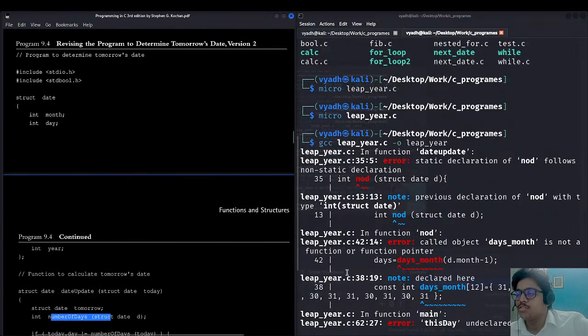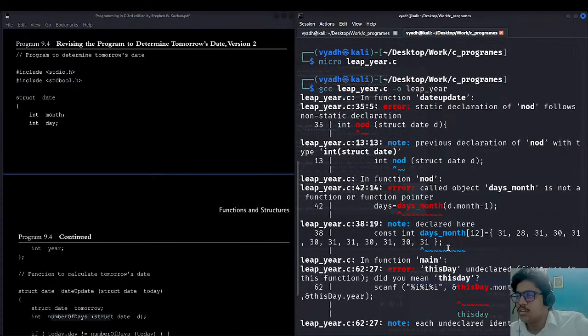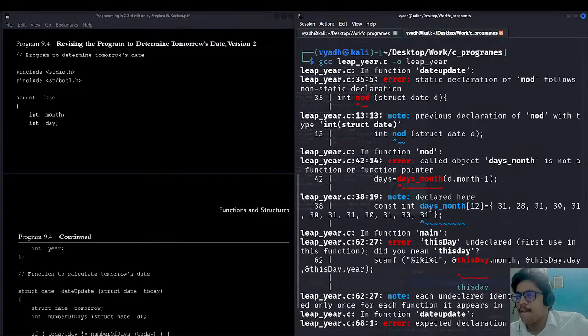कहाँ था मैं? एरर रिजॉल्व कर रहा था मैं। सो एरर आ रहा है डेट अपडेट में, जिसमें एनओडी में एरर आ रहा है, जिसमें कह रहा है कि स्टैटिक डिक्लेरेशन नोड का नहीं हुआ है। ओके, डिक्लेरेशन ऑफ एनओडी टाइप एंड स्ट्रक्ट डेट, और फिर डेज मंथ में हुआ इज नॉट अ फंक्शन। पर ये तो ऐरे है, स्पेलिंग भी सेम है यार। कॉन्स्ट डेट 31 डिक्लेयर्ड हेयर, ऊपर नीचे करने की वजह से हुआ है कुछ।